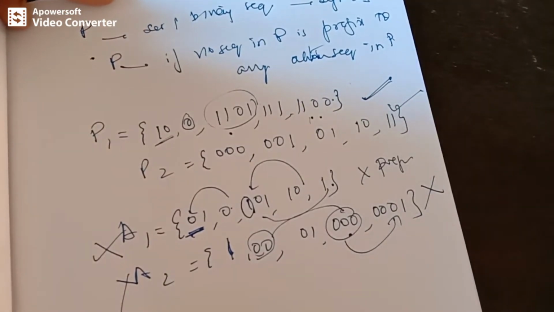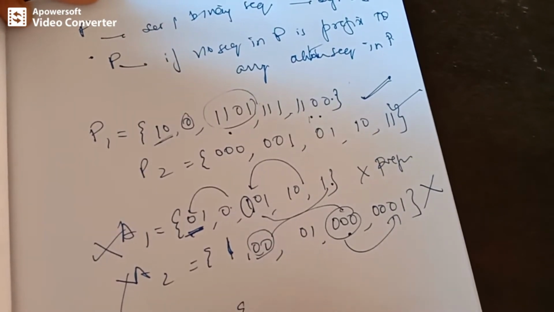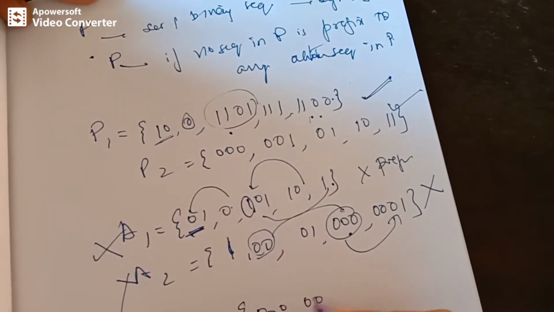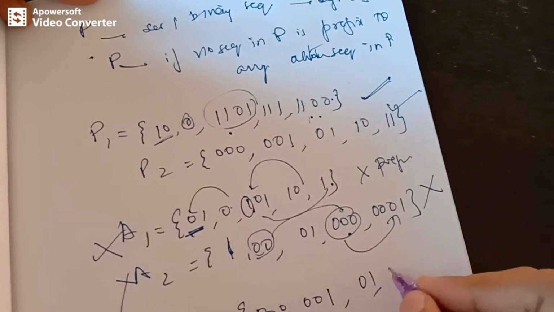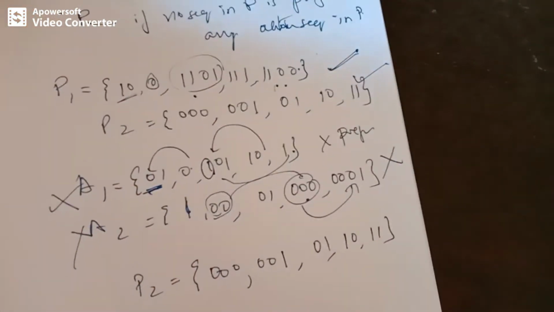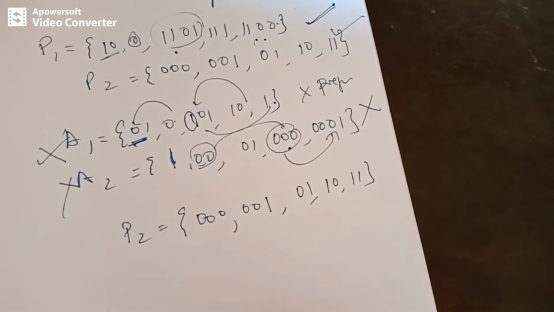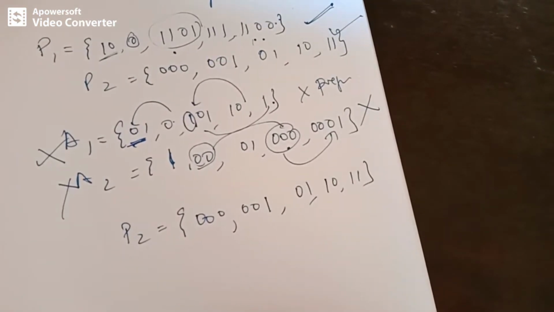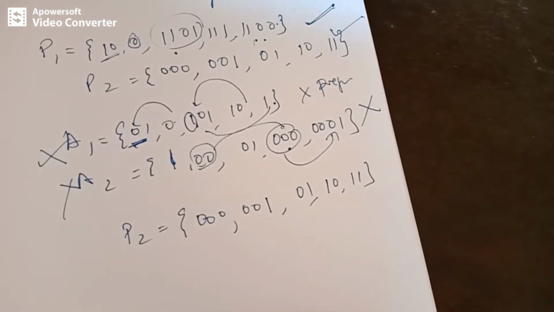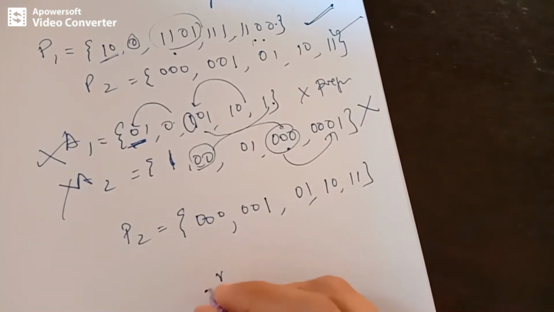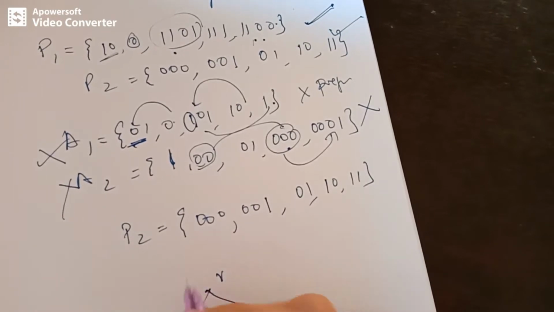So, they can also be represented in terms of binary trees like this. So we can construct a tree. Let's say we want to construct a tree for this particular prefix code. Let us write down the prefix code that is taken into consideration. Okay, so this is the prefix code. Now I will be constructing a binary tree. The longest sequence has to be determined. So how do we construct the trees? Basically, we start with the root, okay, and branch out.